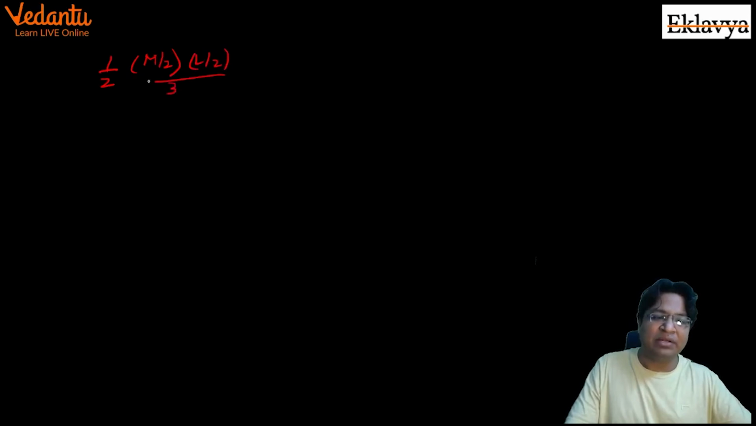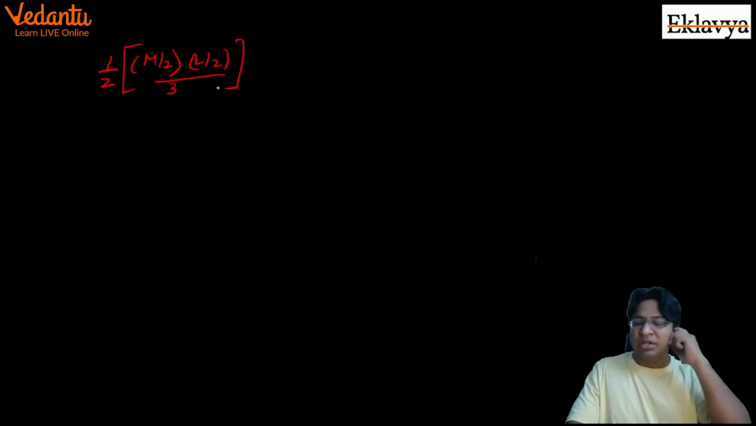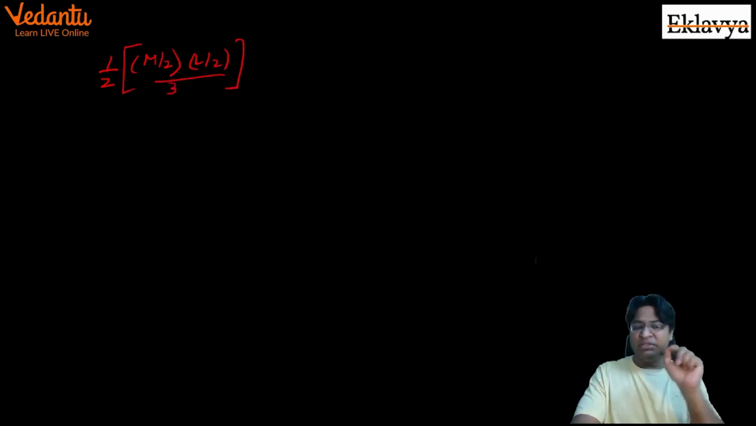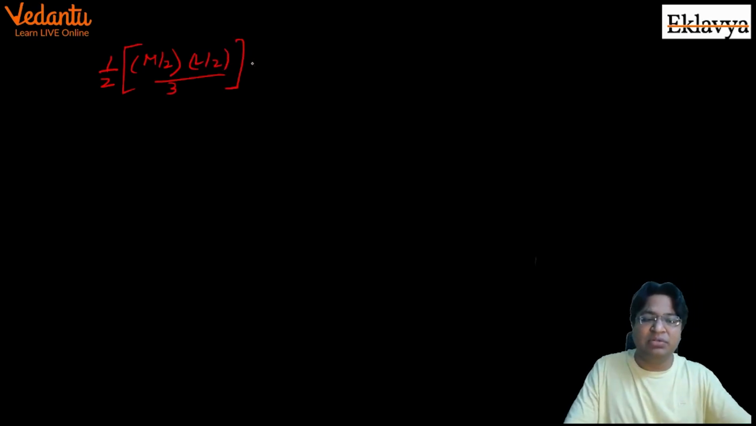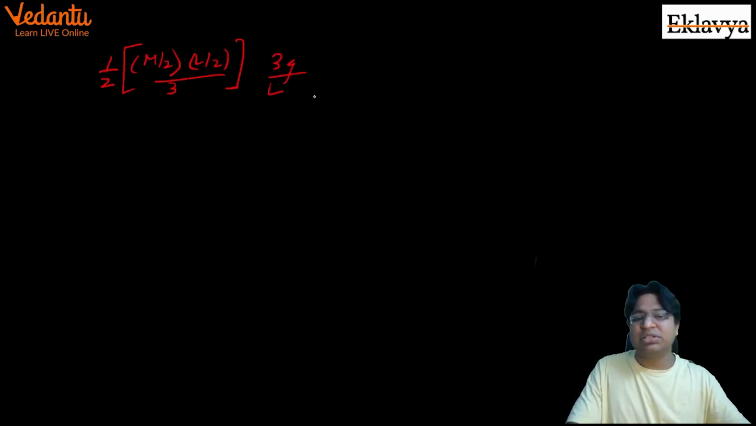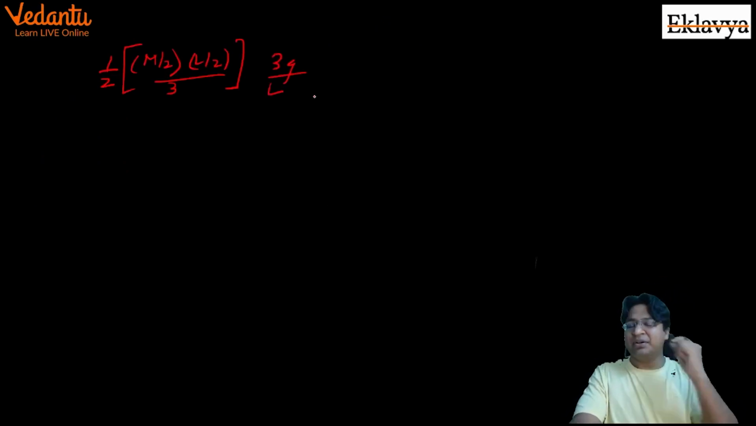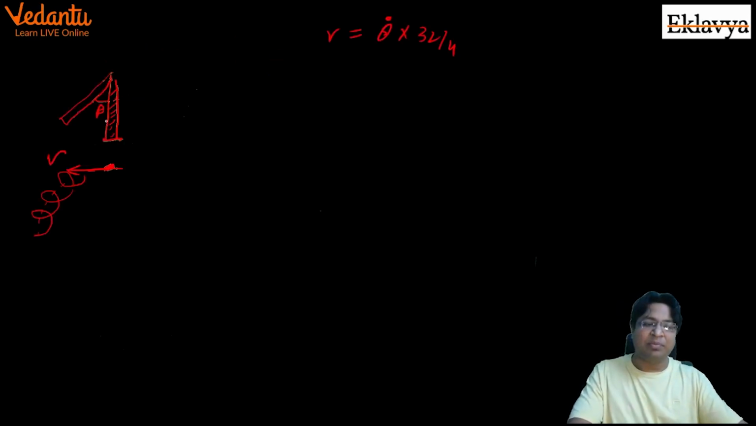So the kinetic energy in the top half of the rod would be half into the moment of inertia of the top part. The mass of the top part is now m by 2. The length is now L by 2. So half mL square by 3. This is the moment of inertia, guys. This is the moment of inertia of the top part only, about the axis, so half mL square by 3 into theta dot square. Theta dot square was 3g by L. So this is the kinetic energy that this top part is having, and